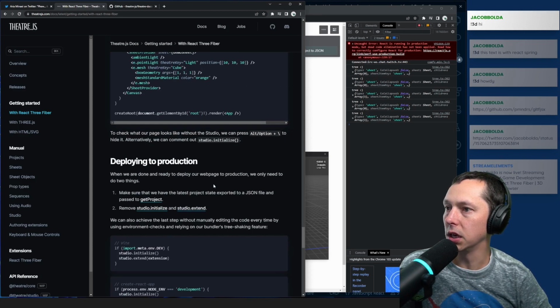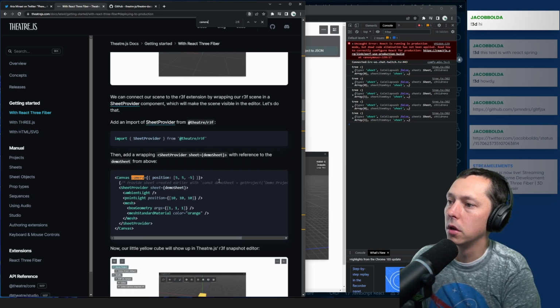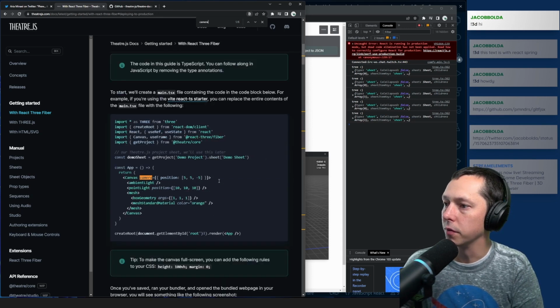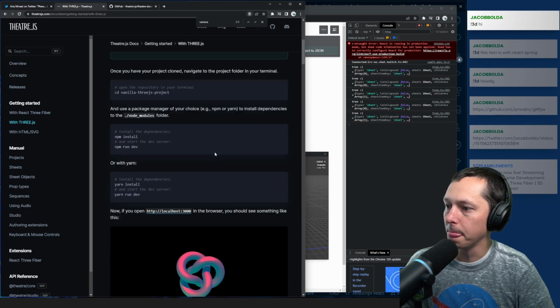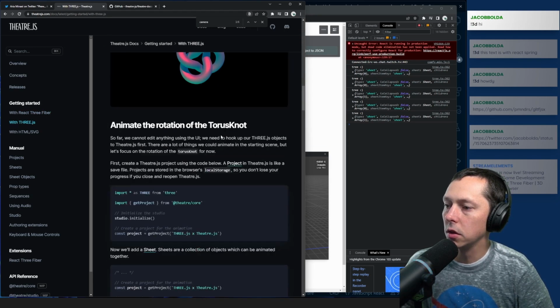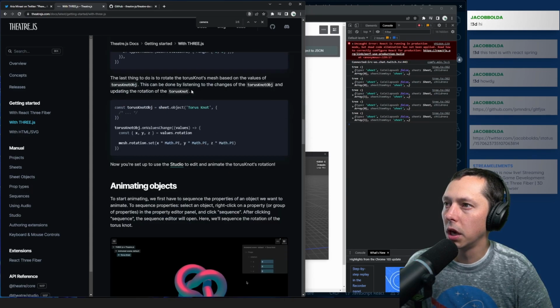See, they don't say anything about a camera here. I think it's all just in the props and the default props. So if we look at one of the other implementations, let's look at Three.js. I believe you have to do